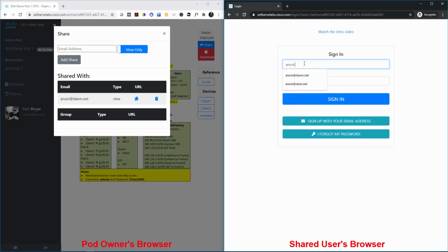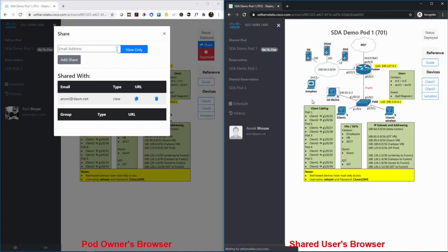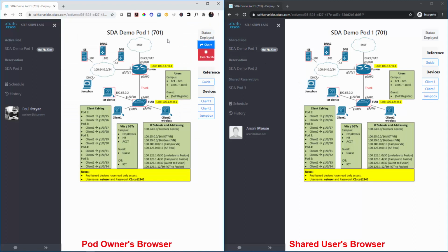Now I'm going to put in my username. If I put in a username that does not exist on the system or is not a share, it will let you know. And then put in the password that I just changed by using the I forgot my password button. Now when I click and sign in, notice that I have some pods in my left-hand navigation pane of